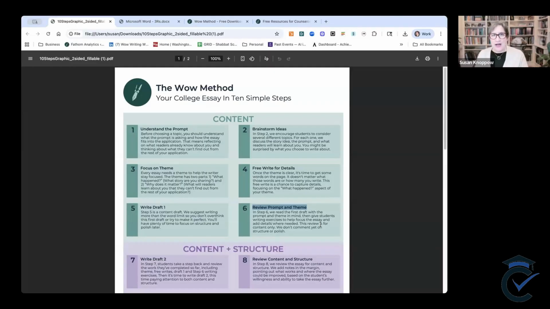So requirements, requests, recommendations. Again, a requirement for me is that I'm going to do 2 distinct exercises. One has the student write outside the essay and develop more content based on their first draft and the theme. And one asks them to consider new openings. Why? Not because I actually need a new opening. They could have a beautiful opening. But because I want to teach them to think like a writer.